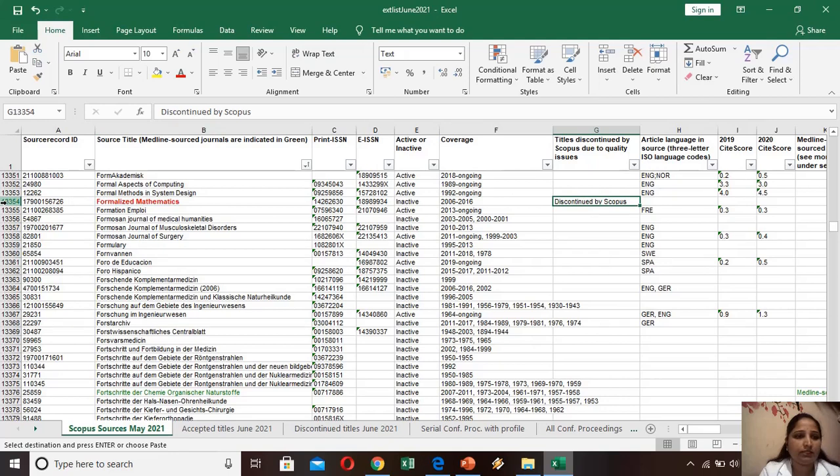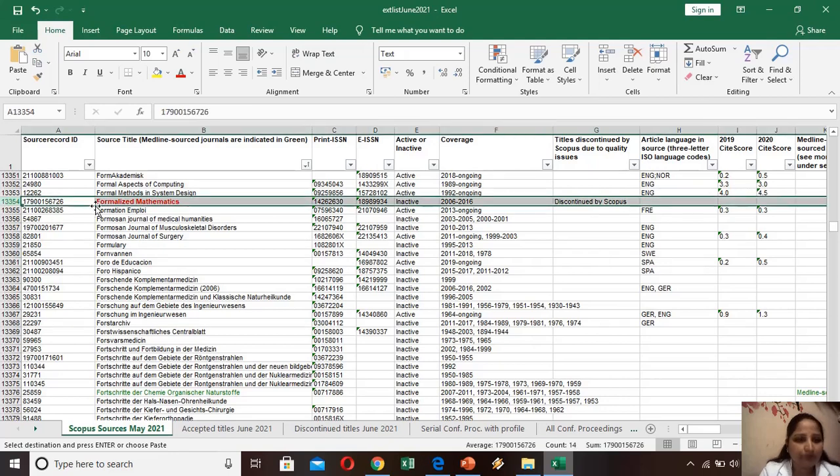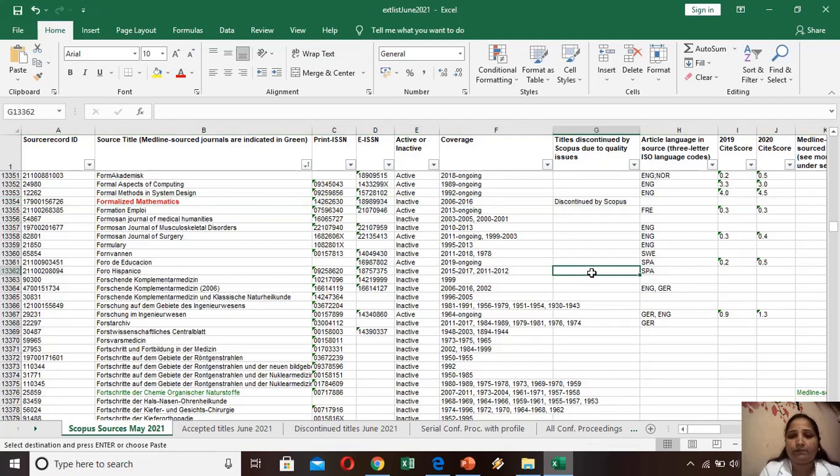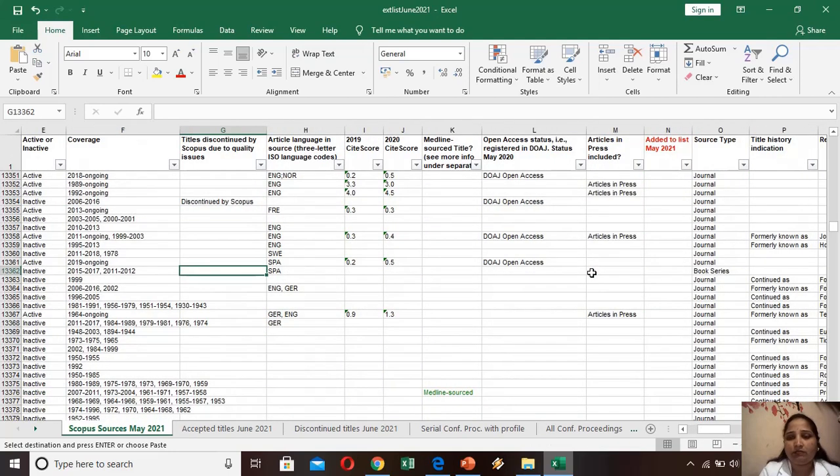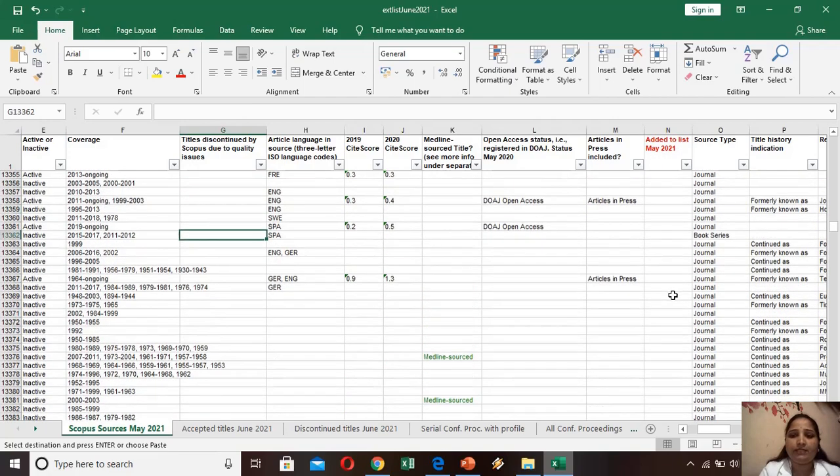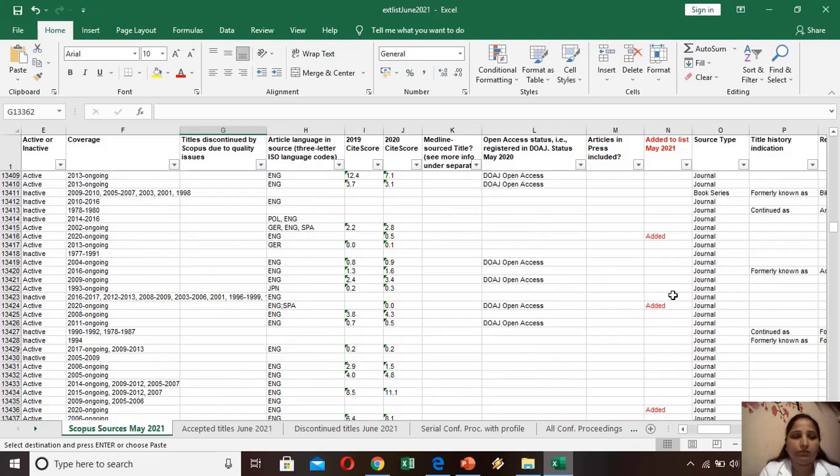This journal, Formalized Mathematics, is discontinued from Scopus. There are many such journals which are discontinued. Here you can also see a title that is added to the list May 2021. These are the journals which are added to the Scopus indexing list by May 2021.